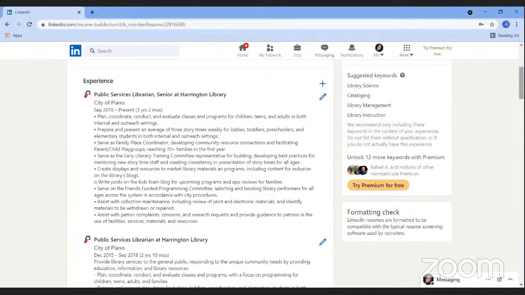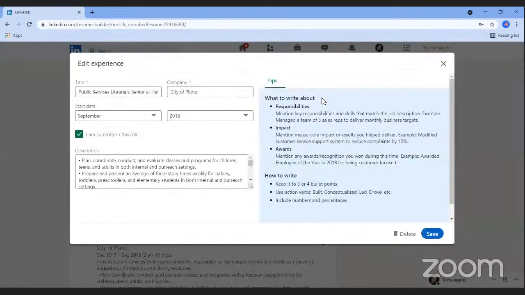I do have two options from this section for editing. I can either use the plus sign if I needed to add a new position, which would pop up that window for me. Or if I already have a position on here, I can use the pencil icon to edit that specific position or even delete it altogether. Once again, you're going to see the text that you can edit and the tips from LinkedIn on how to write your entry. So each entry that you include is going to have your job title and your company name, your start and end dates, and then a description of the work you did, which again is a great place to include keywords.